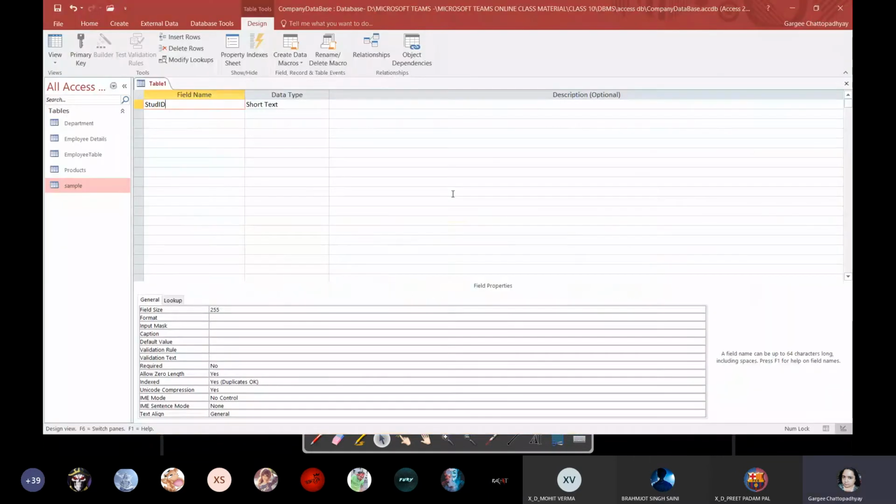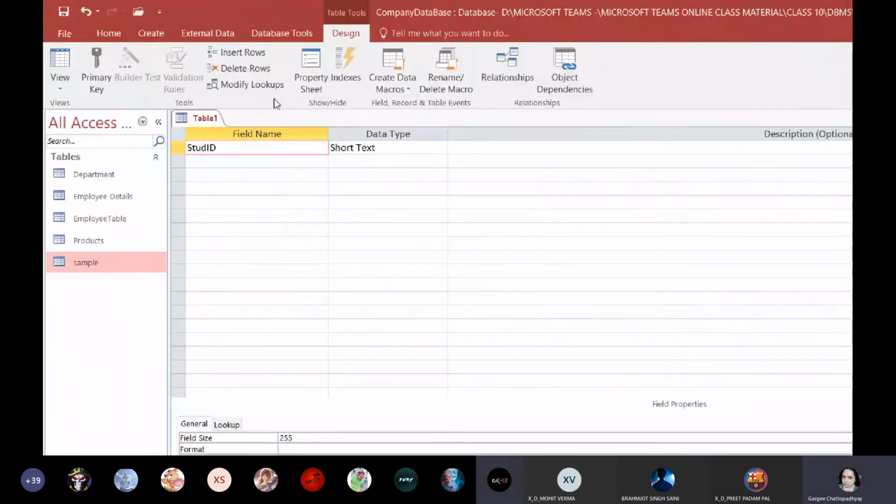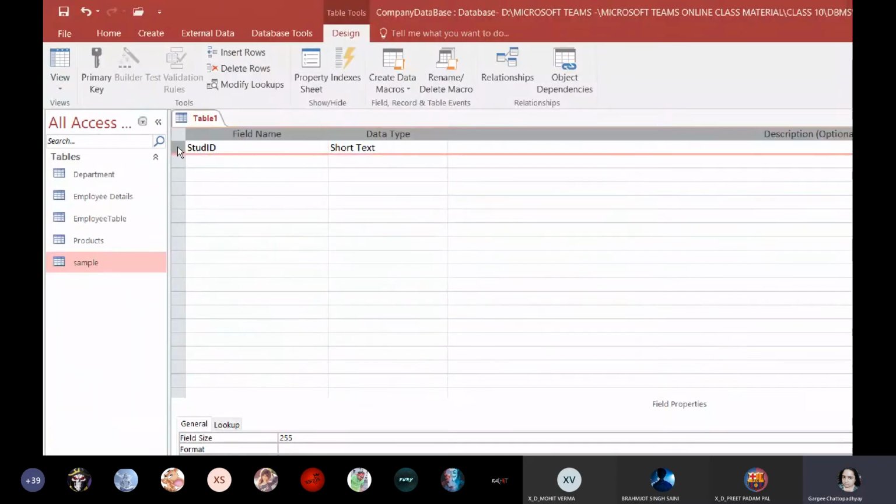So this is it. You have to set the size as 4 and primary key. So we'll go to the table. Okay, so this is the field. Now, how do I set it as primary key? Ma'am, you have to select the place where your cursor is, click on that, right click on that. Then the option of primary key is coming. Okay, so I can select primary key from here and you can see automatically this primary key icon gets enabled.